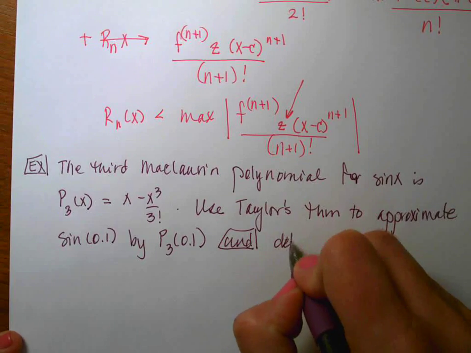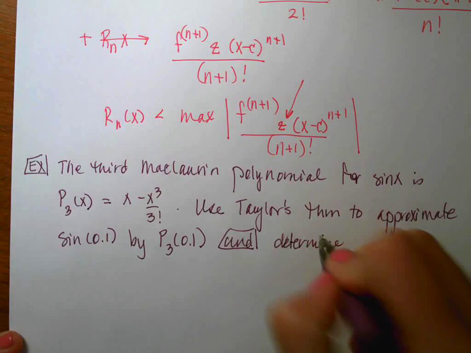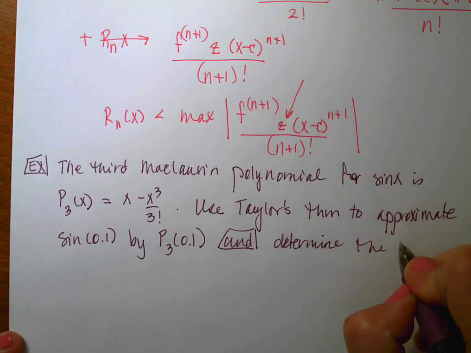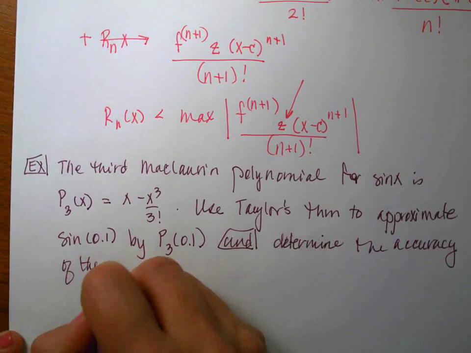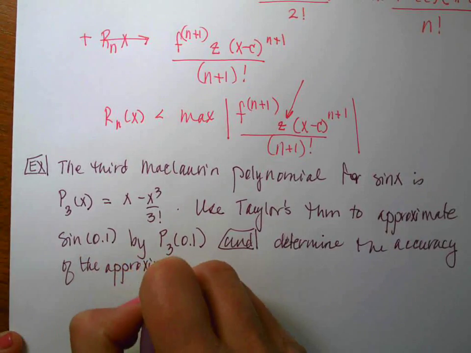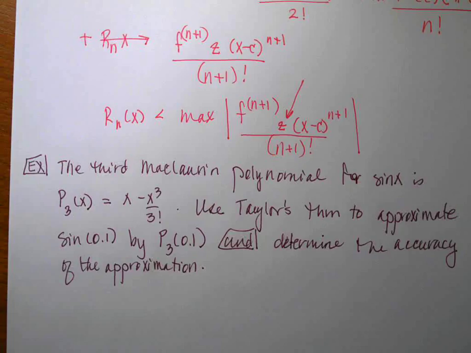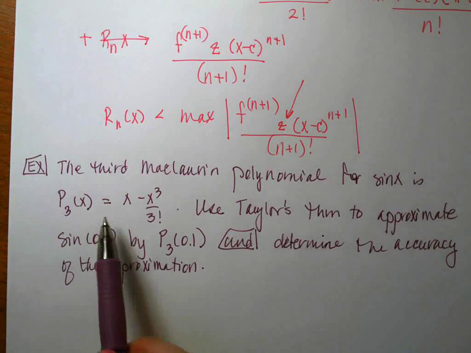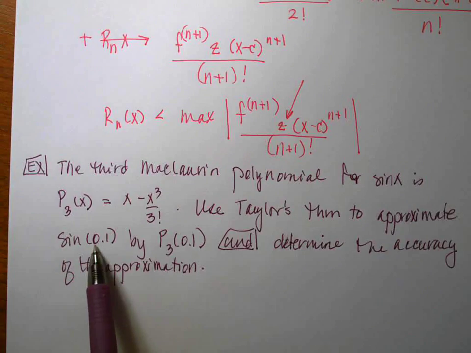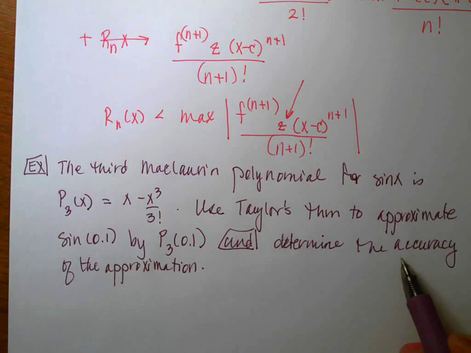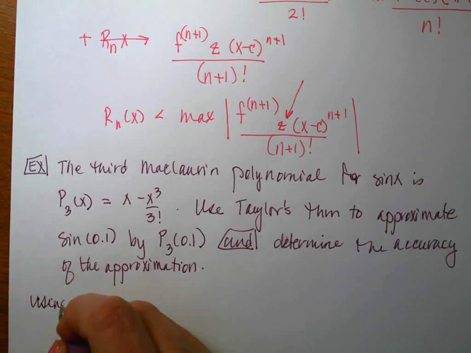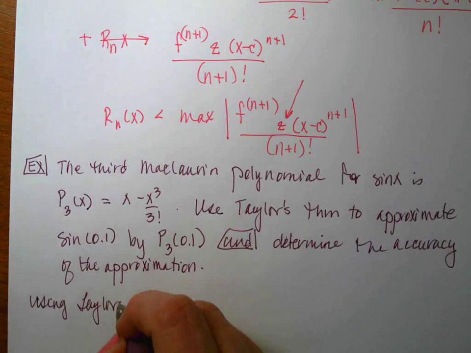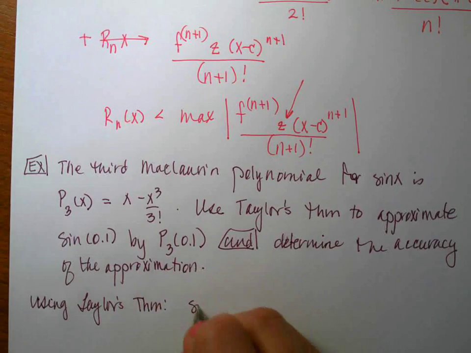And here's the kicker, we want to determine the accuracy of the approximation. Alrighty, so this is the third degree Maclaurin polynomial that we're going to use to approximate the sine of 0.1. The new piece of information is that we want to determine the accuracy of the approximation. So if we start by using our Taylor's theorem,